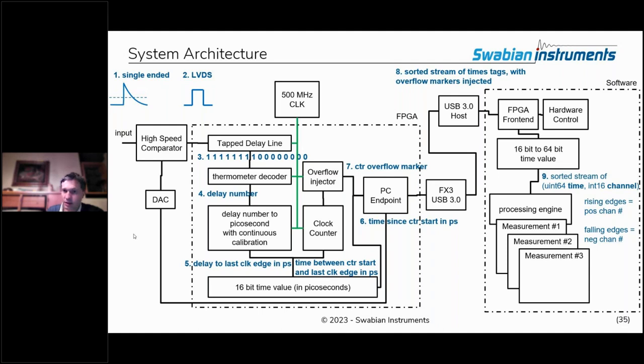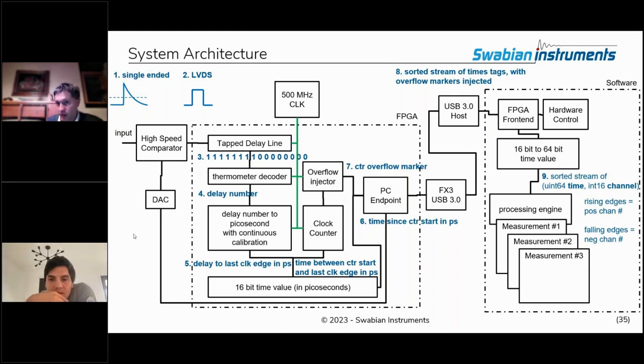so that on the software side, there is an FPGA front end, basically, that on the one hand handles the hardware control, such as setting the duck value and other parameters in the FPGA, and it receives this stream of timestamps with the injected overflows. And the first thing that the backend does is that it converts this stream of 16-bit values into 64-bit time values, integers, throwing out the rollovers. So after that, we really have a continuous data stream of timestamps that are 64-bit integers and just represent the time since the start of the instrument in picoseconds,